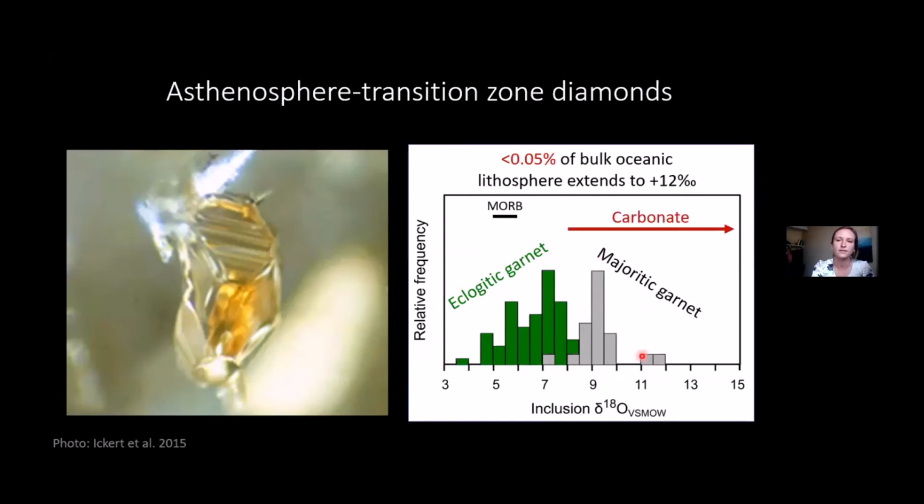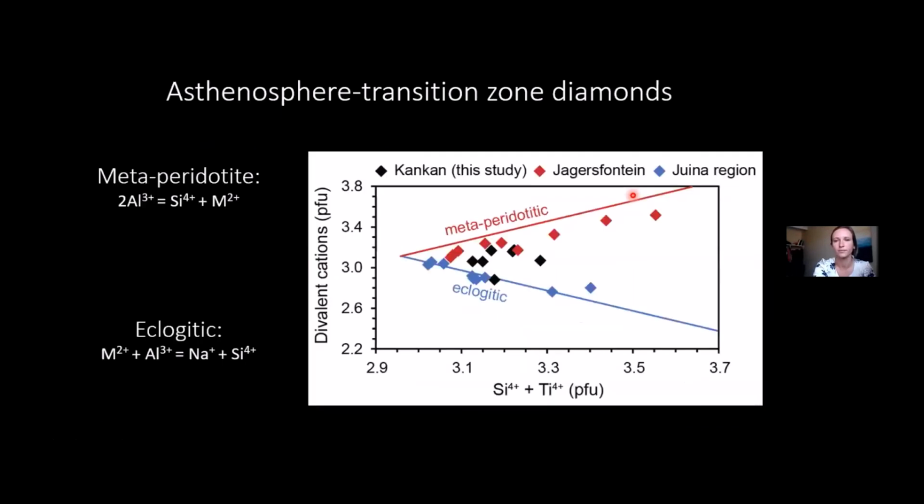And because of this, we suggest that perhaps these elevated delta 18O values that we're seeing specifically in majoritic garnets is due to the presence of high amounts of carbonate in their diamond-forming medium. And to discuss this, I want to briefly look at the major element characteristics of these majoritic garnets. And what you find in the literature is that